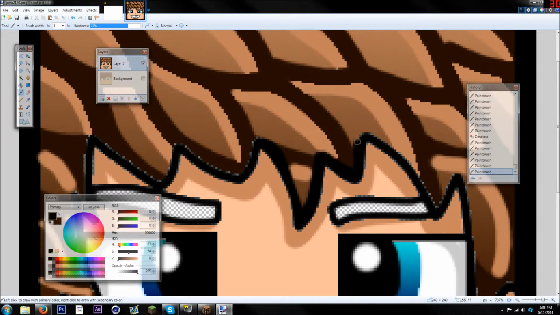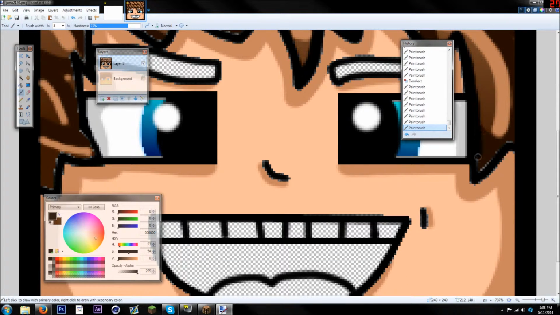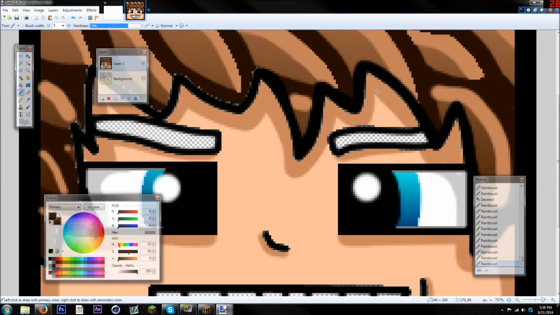I don't know why these happen every time, but this is definitely one of the most annoying things that you're going to have to deal with if you're going to be drawing on Paint or Paint.net or Photoshop. You're always going to have these lines here, and they are super annoying, but you're going to have to deal with them. I'm sorry to say, but you definitely have to deal with them. But they can easily be fixed with just overdoing them with a paintbrush, and then it's all fine